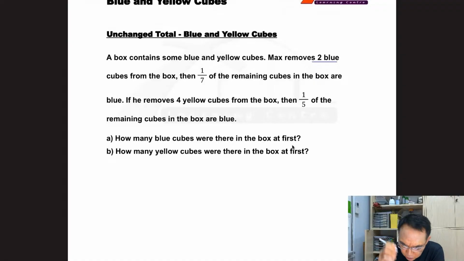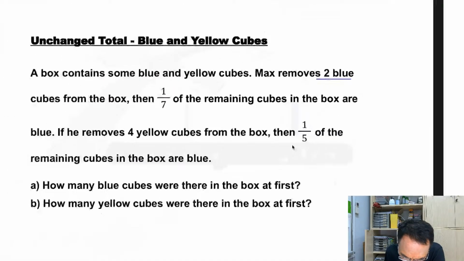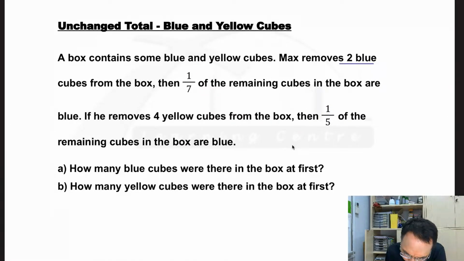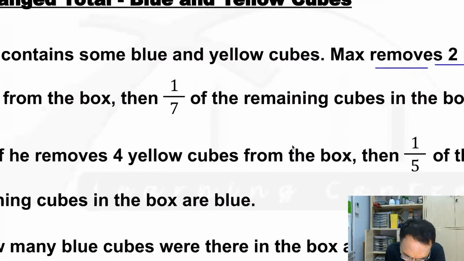Okay, so the first thing you want to do is underline your keywords. Okay, so the first keyword is the one that I've underlined here, 2 blue. And then if you continue, what it says there is that he removes 2 blue, and when he does that, the 1 and 7 here,